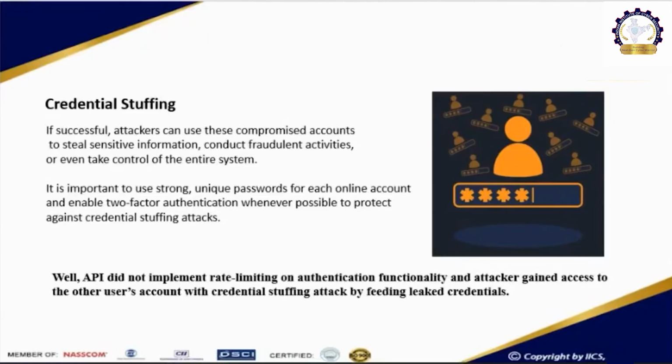Just assume that your credentials get leaked somewhere and you are the admin of a particular website. What will happen after that? Your admin account will get compromised, and you will lose all your websites. That's why it is important to use strong, unique passwords for each online account and enable two-factor authentication whenever possible to protect against credential stuffing attacks. So what we did in this lab here is,